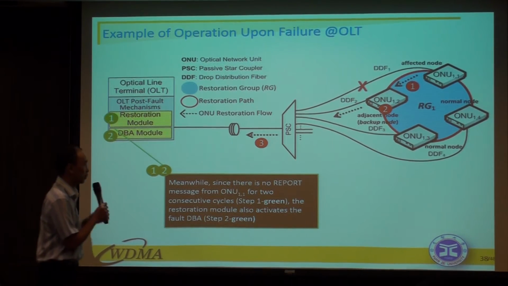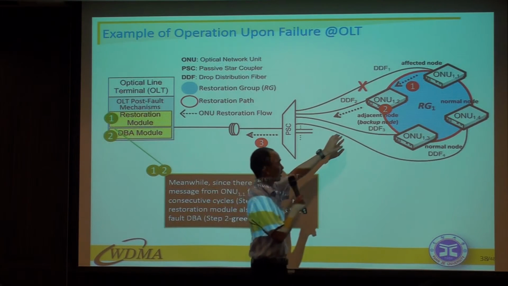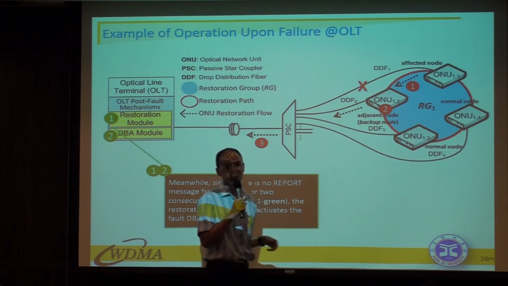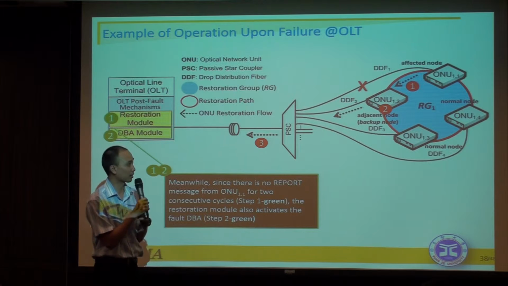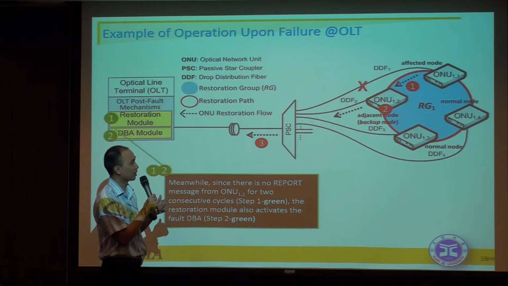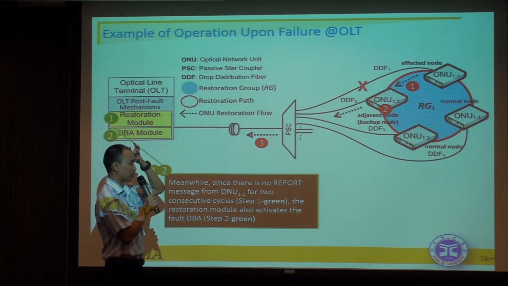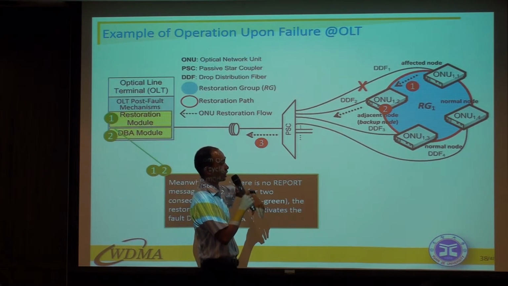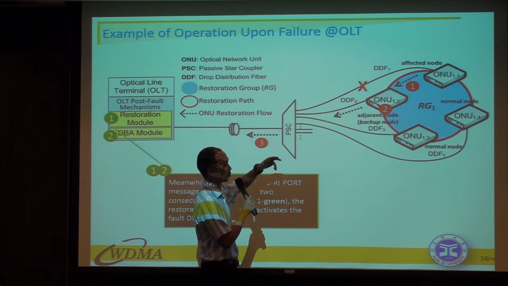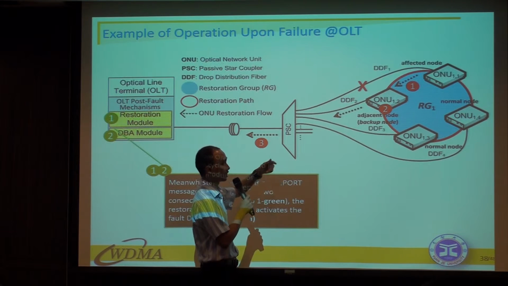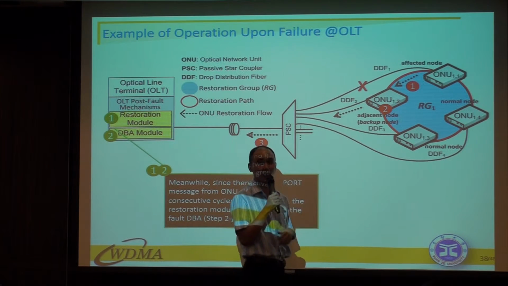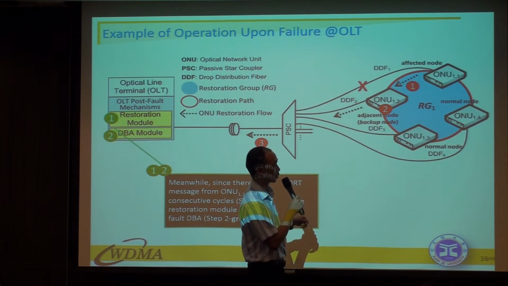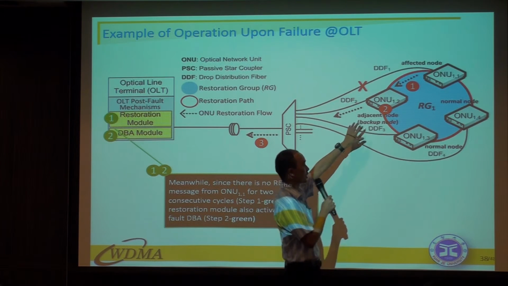Yes, the question is, can we increase the availability of the system? Basically, I can answer yes. In terms of link fault and transceiver fault, yes, we can increase the system availability, but we have some problems also about the